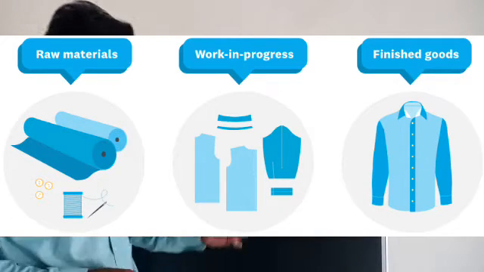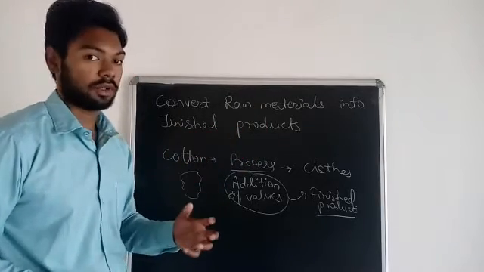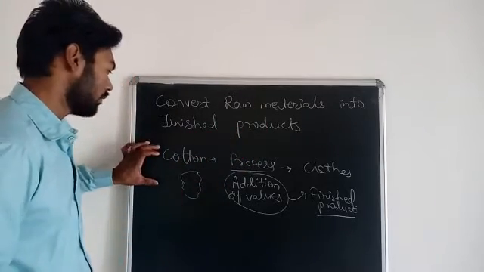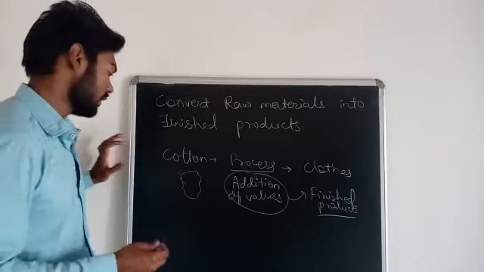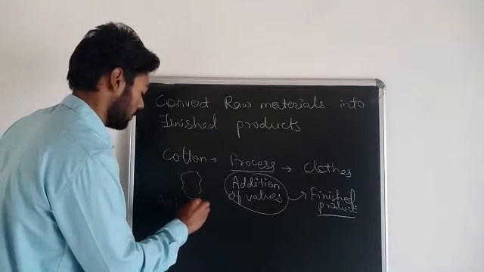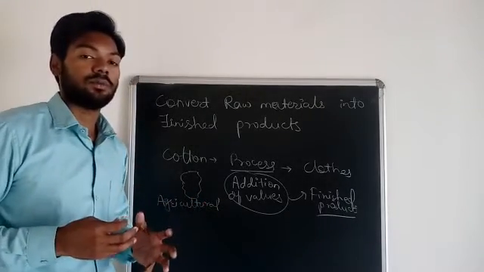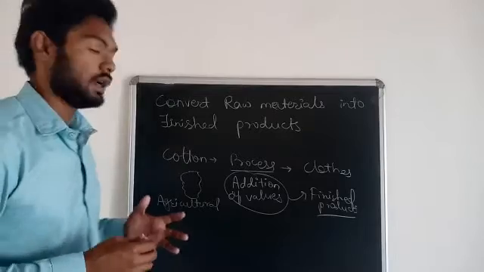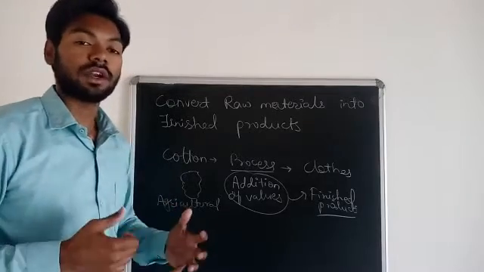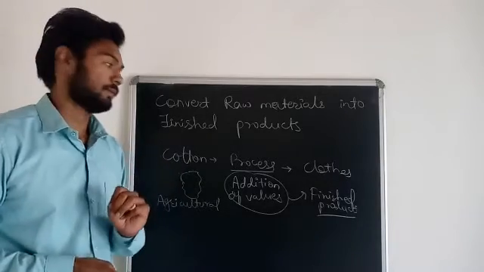Now, what this industry requires is raw material and the finished product. Let us talk about the raw material of cotton. Where is it available? As I told you, it is available in the agricultural field. So in an economy, like you see, the Indian economy or whichever country you talk about, there are three particular sectors, which